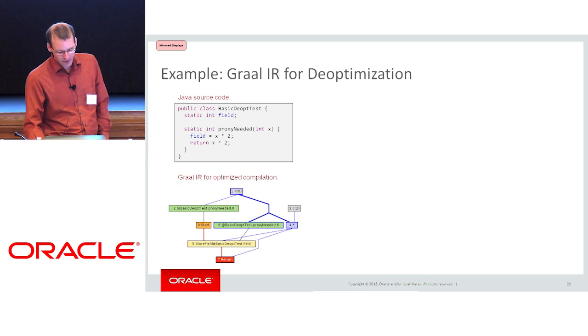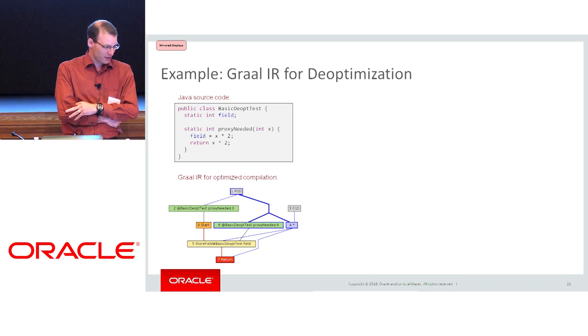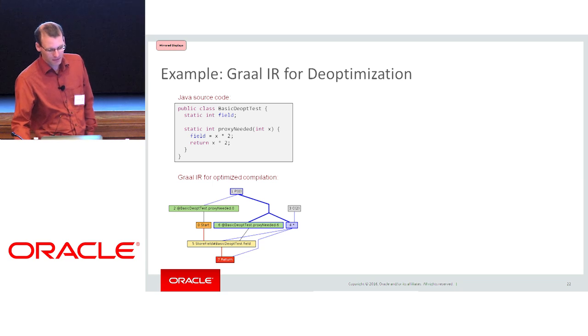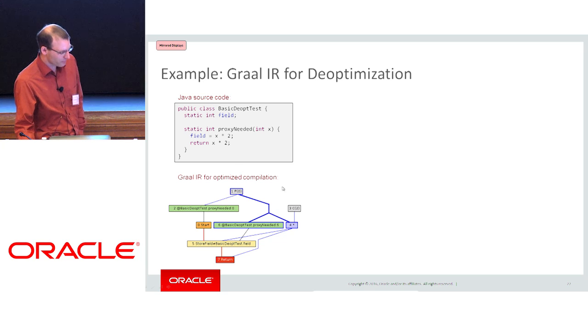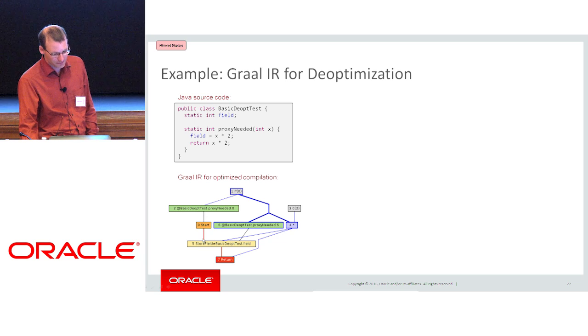That's why when we do a really normal Graal compilation of this method, what we get is, that's a little snapshot of Graal IR here on the bottom left side. You get control flow nodes. Well, you have a method start node, then you do a store field, and then you do a return, because these are the instructions that you really have to execute in control flow order. And you have things like the multiplication. These are instructions that you can freely reorder, so these are floating instructions that are not in the control flow.